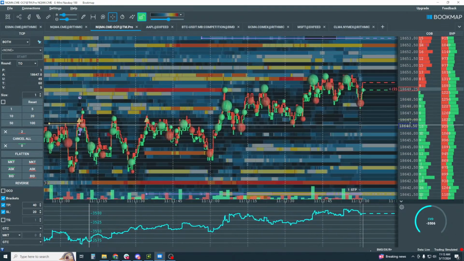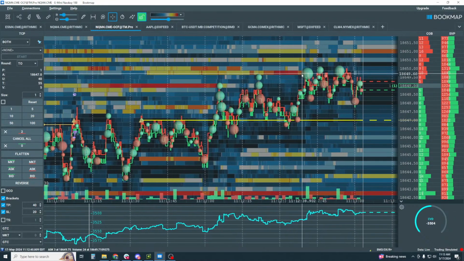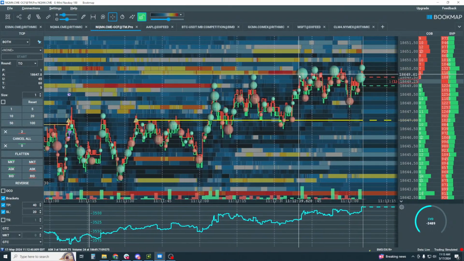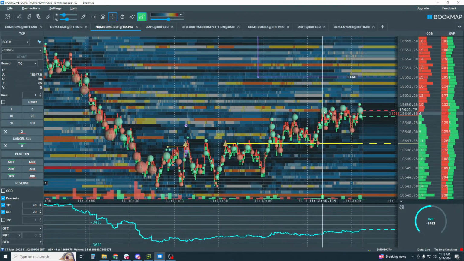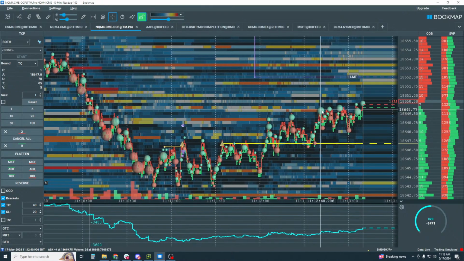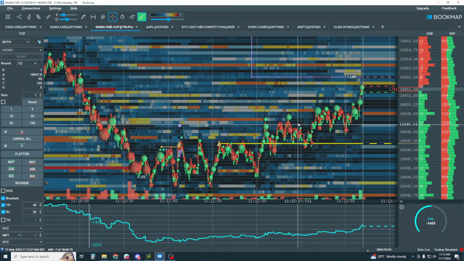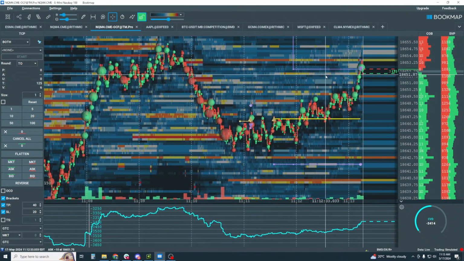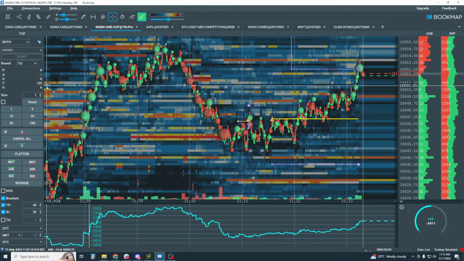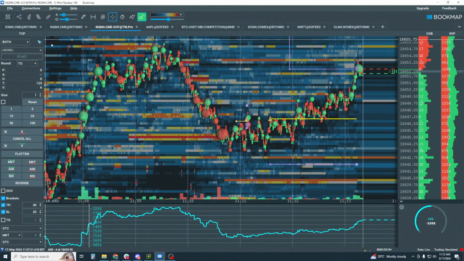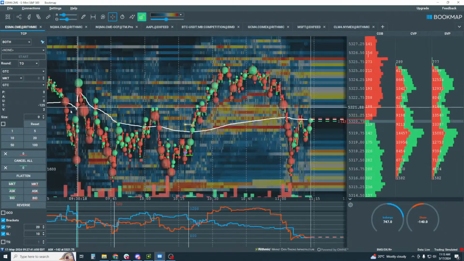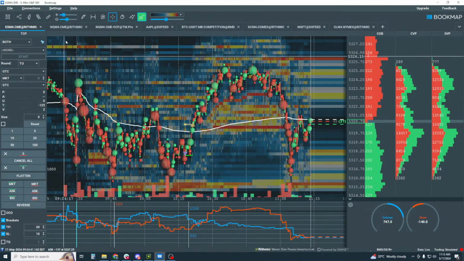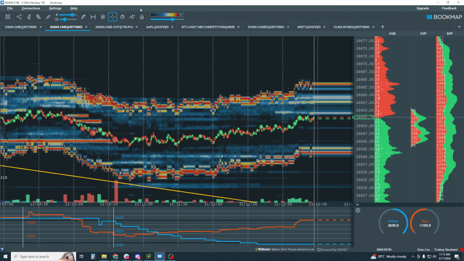Okay, so let's look for it on the offer. We just hit some here, right? It's kind of struggling to get through that now. Now it made it through. Okay, so there's our move up. All right, so look at us. We're flat for the day. 125 here, and then 125 negative on the ES. But